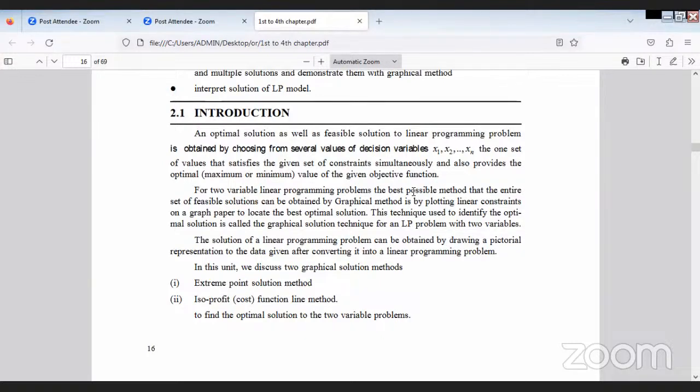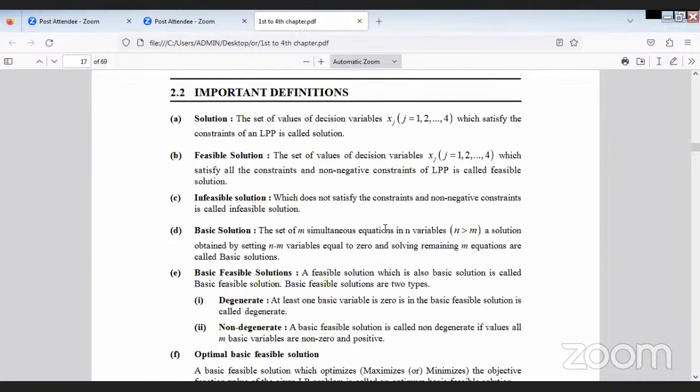LP problem with two variables. The solution of a linear programming problem can be obtained by drawing a pictorial representation of the data given after converting to a linear LPP. In this unit, we discuss two graphical solution methods: the extreme point solution and the iso-profit or iso-cost function method. It gives the optimal solution for two-variable problems. These are the